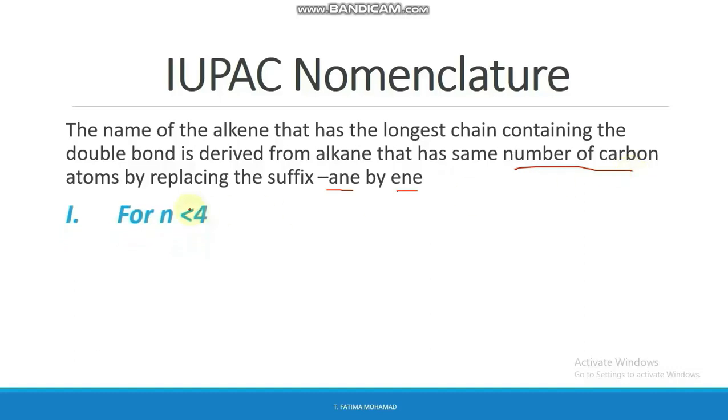Okay, so we have many rules, many cases. The first case is if n is less than 4. Note that n should also be greater than 1, because we don't have C1. If it's only one C, it cannot make a double bond with another carbon. So alkenes start at n equal 2. For example, here we have C2H4, so CnH2n. This is the condensed structural formula of C2H4. How many carbons do we have? We have 2 carbons. So in alkane it was ethane,